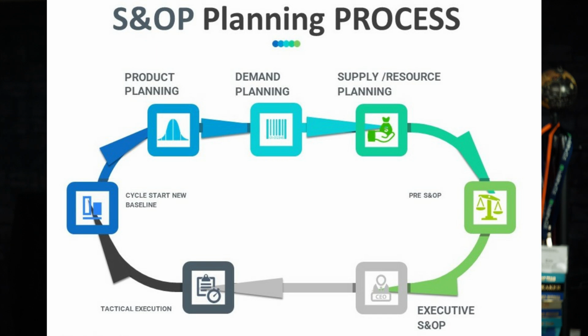process. There is a standard product review, and you can look at ibf.org or demand-planning.com for articles on that. You can look at a past podcast we did on this as well. We have a lot of information at IBF on what exactly is in those product reviews and why they're important. Then you have the standard demand review. Then you have the supply or resource planning and review meetings. So product, demand, supply. And then where traditionally you saw that pre-S&OP, we're seeing a little